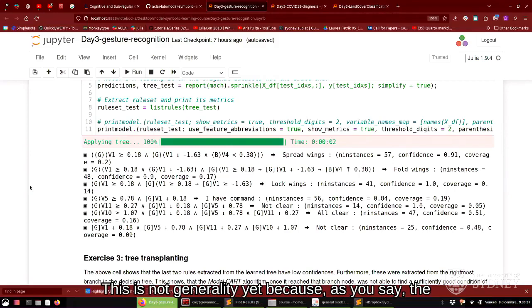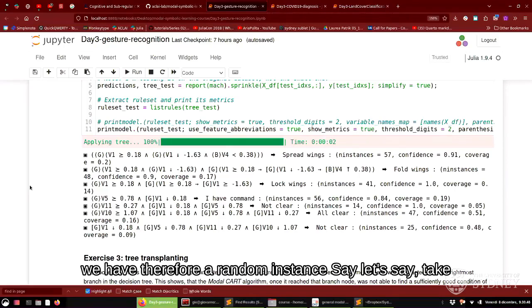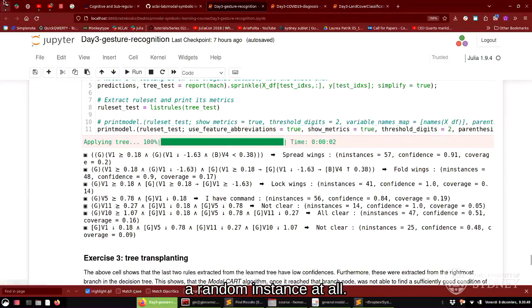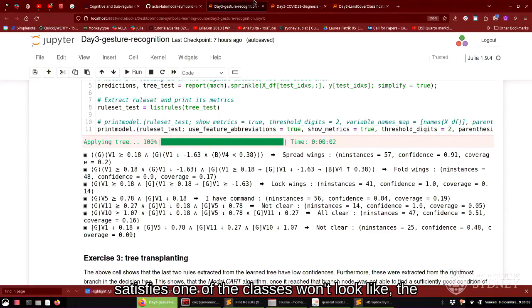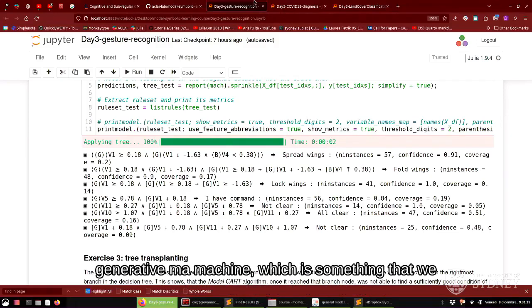Now, why is this not generative yet? Because as you say, the rule only distinguishes between the 6 classes that we have. Therefore, a random instance, even if it satisfies one of the classes, won't look like any gesture at all, but it would have a very specific condition that distinguishes that class from the others. So yeah, we're a little far away from that yet,